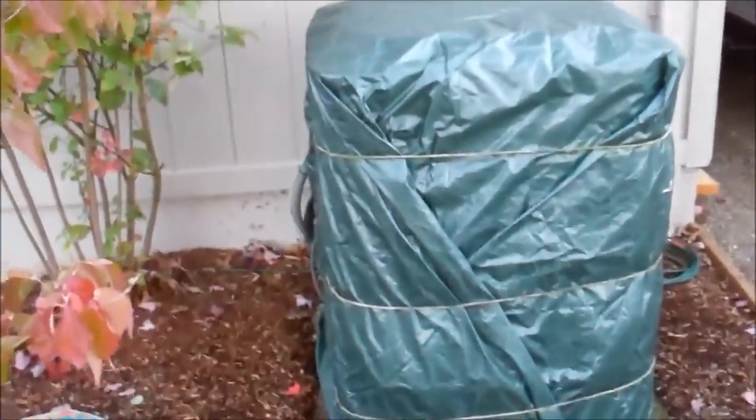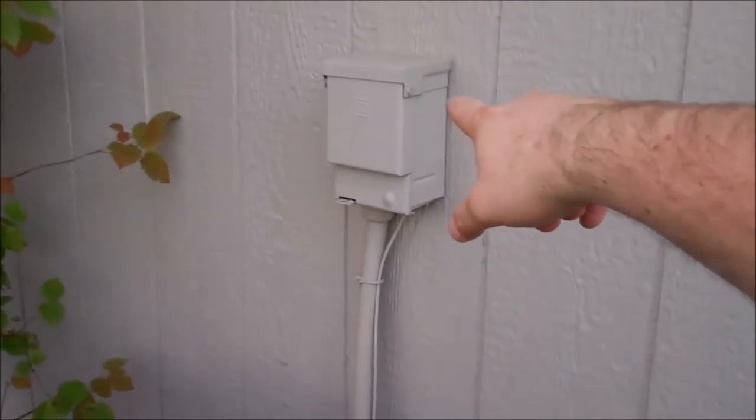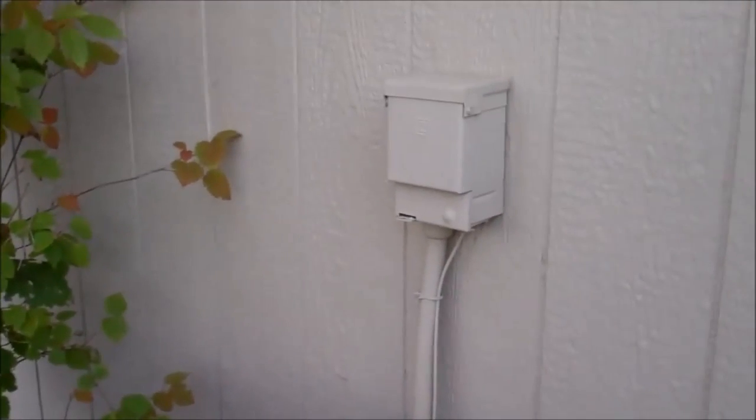So one thing I did forget to mention is, I forget a lot in these videos for some reason. This has an outdoor breaker, and then there's also a breaker in a panel box in the garage. I take and I switch both of these off. I switch this one off, and I switch the one in the house or in the garage off, and that's just because